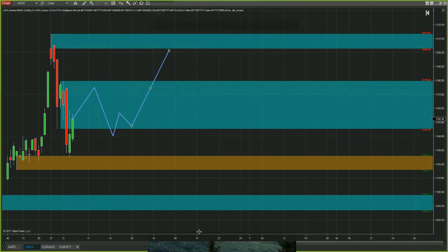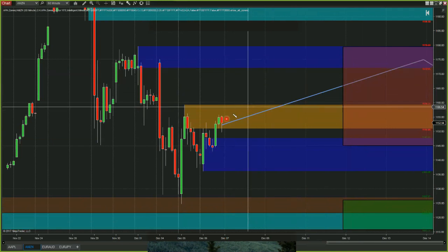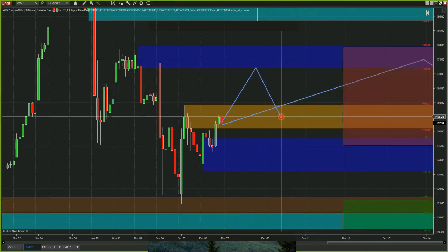So let's go ahead and look at some of the support and resistance that's going to be coming on in the lower time frames here. As we look at support on the bottom side, obviously we see price bouncing off of a chocolate zone and aqua zone that make up that daily demand zone down below. Now up above us, we do have a little bit of resistance that we're hitting into right now. And I believe the price is going to push up through this zone here this week and probably push into the 1172 area, possibly reforming